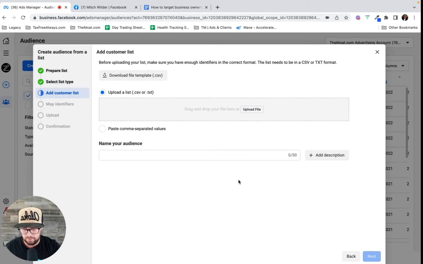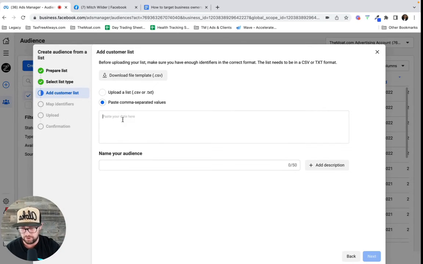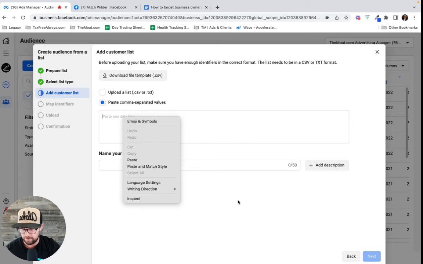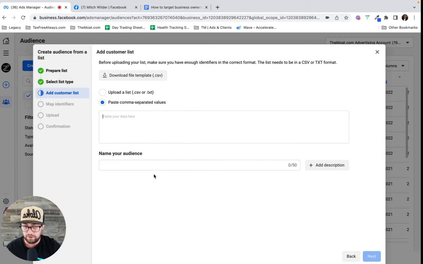It's going to have you go through these steps, but it's really easy. You can upload a CSV file. In most cases, when I'm doing this, all I'm doing is exporting my list from my CRM, just with emails, and I'm grabbing all of the emails in the column and just pasting them in here. Okay. So once I do that, I name the audience, and then I can do two things with it. Again, because this is a custom audience that I've uploaded, I can remarket my ads to it.